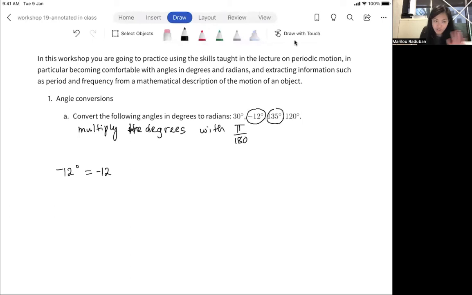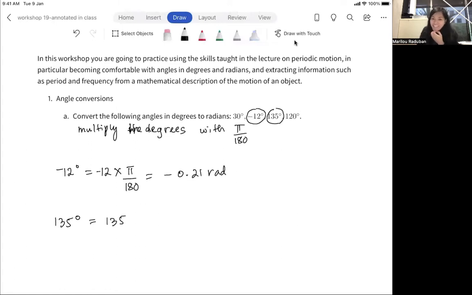So the negative sign should not disappear, but you just simply multiply that with pi and then divide by 180. And you should get a negative answer, of course, because of that negative sign, negative 0.21 radians. Okay, and then for 135 degrees,